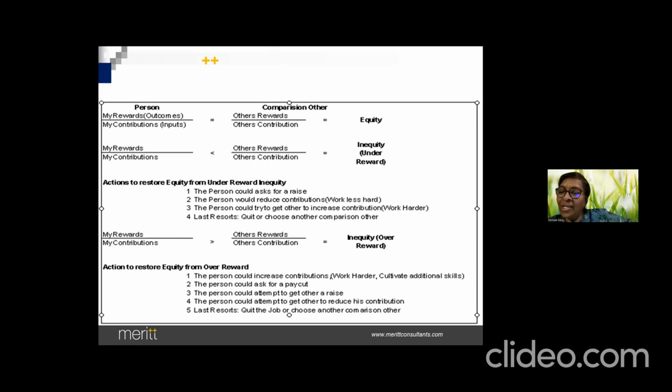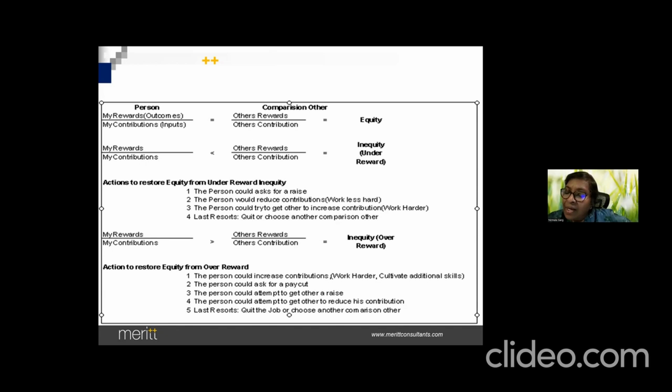That means if Komal is working in an organization, I have to also perceive it: hey, yes, there is fairness in the way I'm getting paid. No? Hey guys, are you with me now? Are you understanding why compensation is becoming very critical? Because it drives performance. If employees don't see fairness in the way you are paying, now how do they see fairness in the way you are paying?